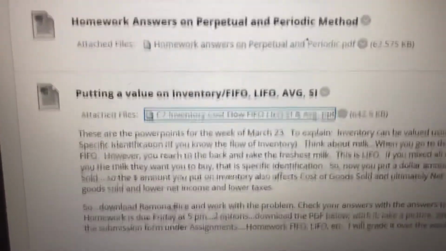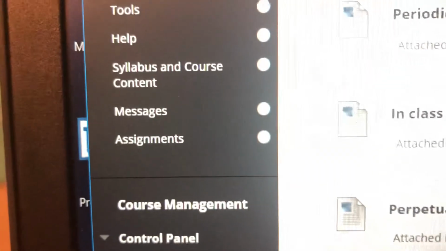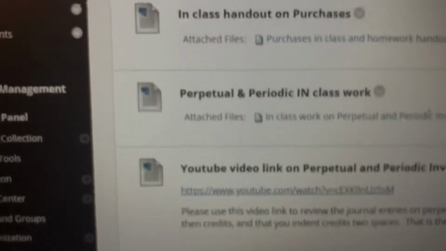So you need to make sure that when you submit it, it is submitted under the assignment tab on your toolbar here. Okay, so go in there and either type your answers or upload it. Now, let me go to these PowerPoints here and just try to quickly tell you